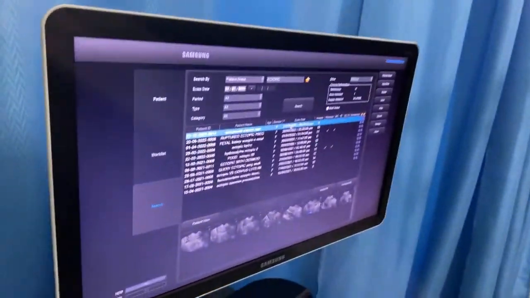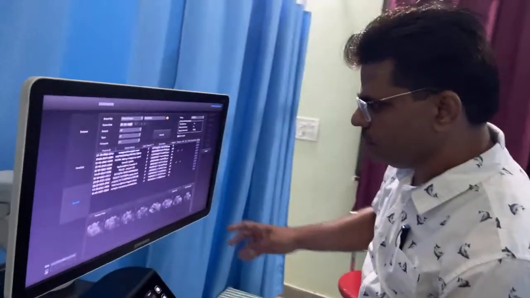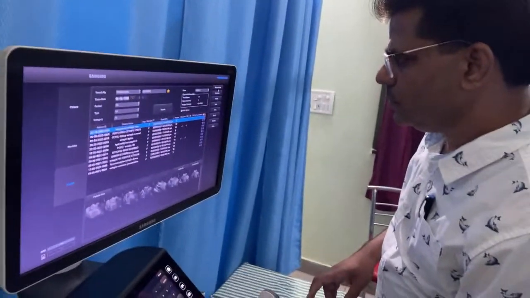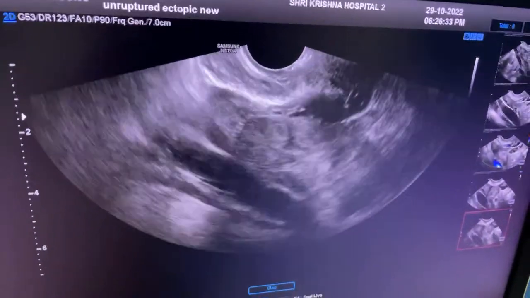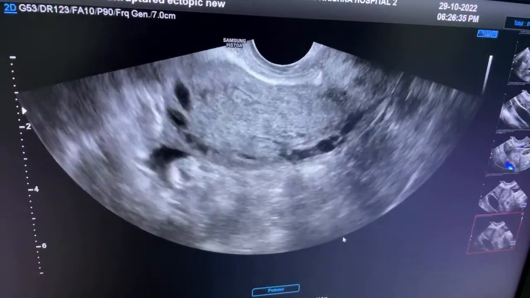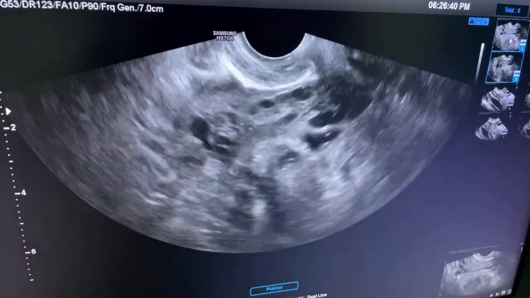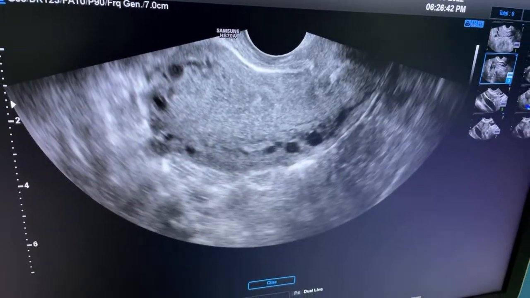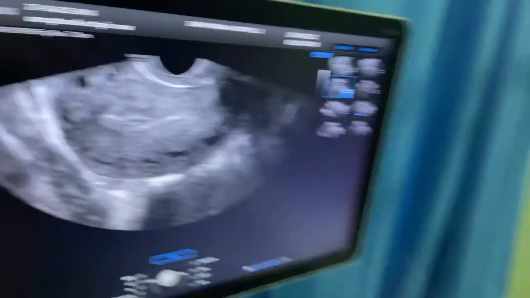See this, this is the TVS picture. We should go for transabdominal first, always suspect on transabdominal, then go to TVS.